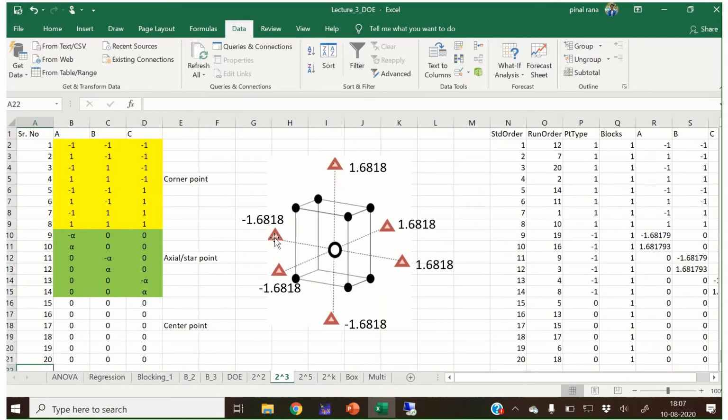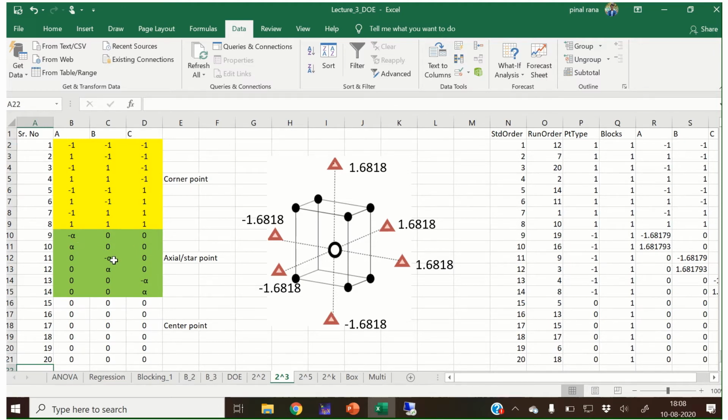Suppose we want to generalize the design. So instead of writing the particular value, I will write alpha, which is the rotatability factor. Suppose this is the x-axis, or we can say the A variable. So A variable negative value and A variable positive value, and all the rest are 0.